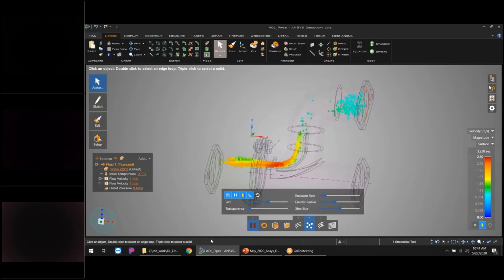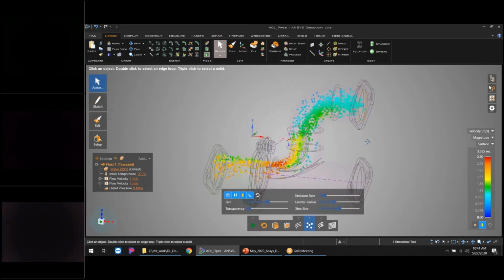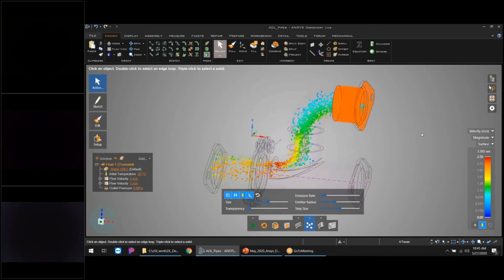Right now, it's actually solving the analysis as well as post-processing on the fly what these particles are doing. If I pause the analysis for a second, now I'm using that GPU for just post-processing. I get a little bit faster rendering, and I can manipulate this. It is a transient analysis, but when I pause it, I freeze time for a second, and I can manipulate and see what happens here.